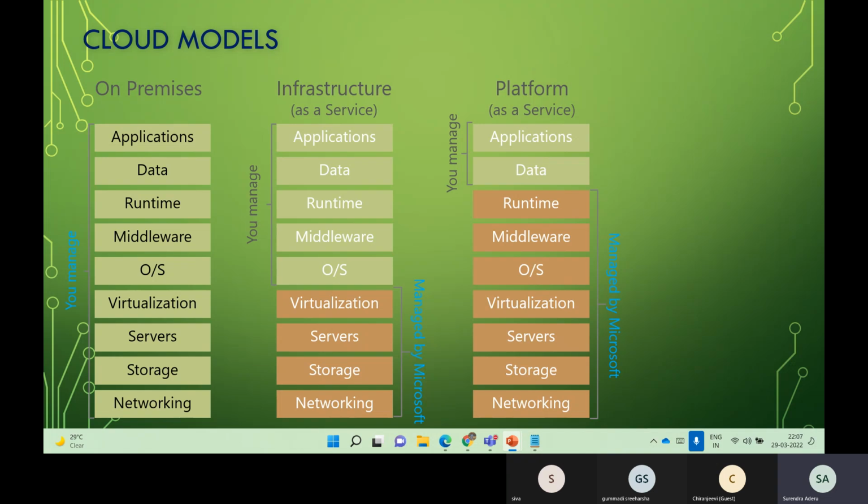Apart from virtualization, the backend operating system, middleware and runtime are installed, configured and managed by Microsoft completely. Assume that I'm a developer, I will just develop my code, opt for platform as a service, just use the data, deploy the code and run the service. How easy is that? These kinds of services we call platform as a service. Clear?